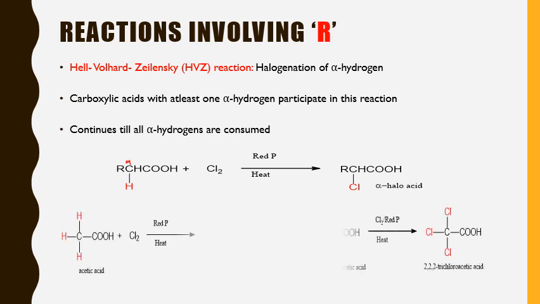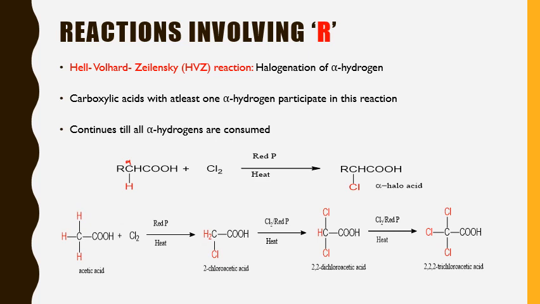So let us see one example in general. Here you can see acetic acid. So acetic acid, it is a 2-carbon carboxylic acid where it has R group with 3 alpha hydrogens. 3 alpha hydrogens are present. So that means this molecule can participate in HVZ. So what is the reagent for HVZ? Chlorine in presence of red phosphorus. You can also have bromine in presence of red phosphorus. Whatever the halogen, chlorine and bromine are the famous one. Here I am taking chlorine.